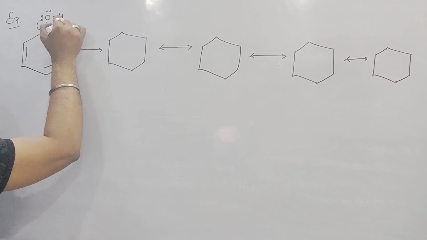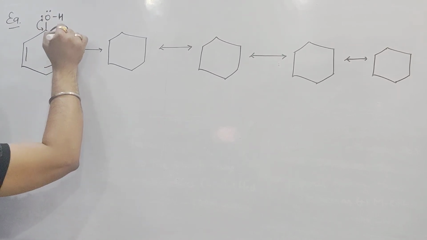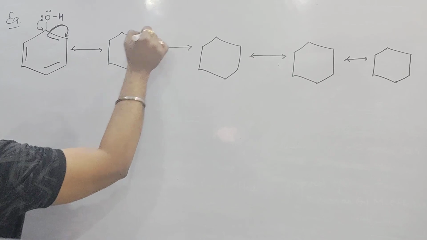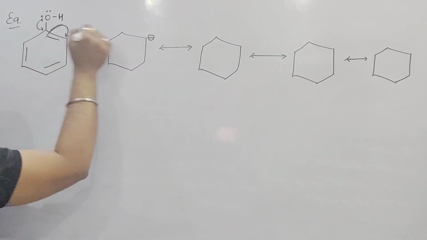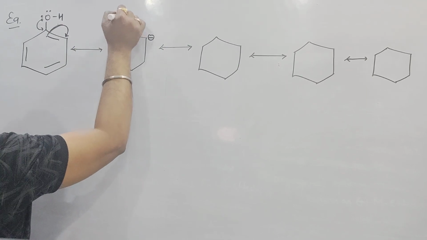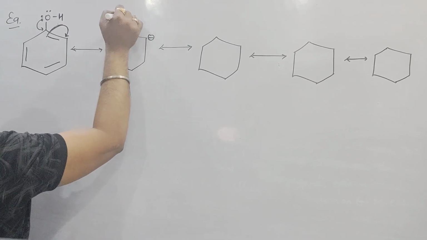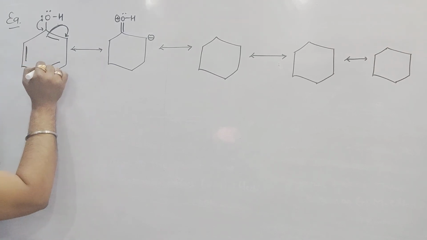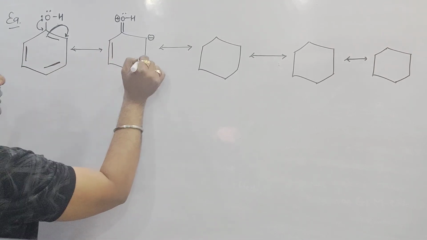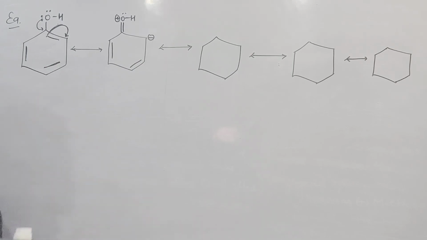When this pi electron comes to this carbon, beta, it will get negative charge. This carbon will get positive. Oxygen will give its electron to the carbon. It will make a double bond. It will have a lone pair, but oxygen will get one positive charge. But the remaining 2 pi electrons will be as they are. So we should draw it in this way.